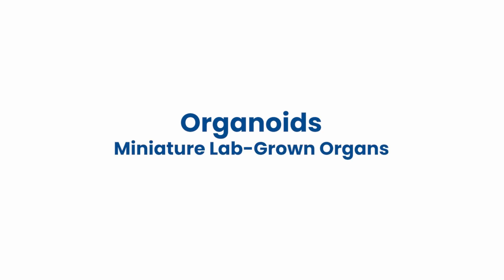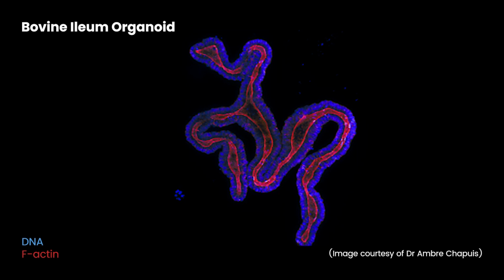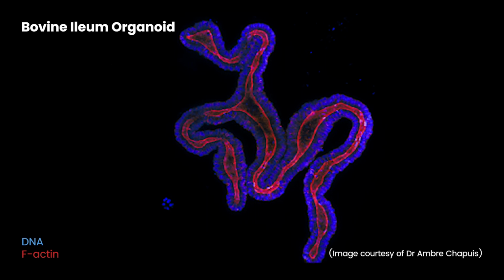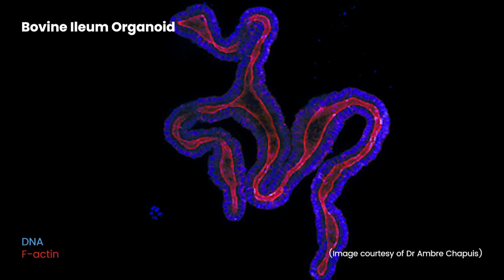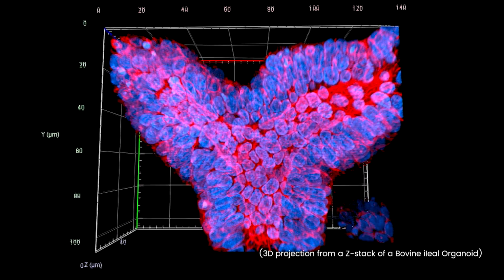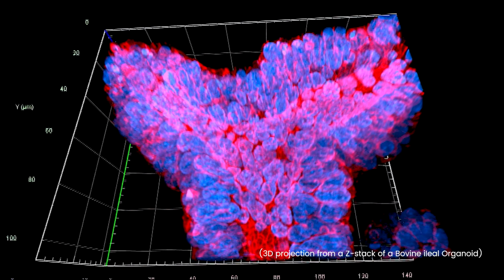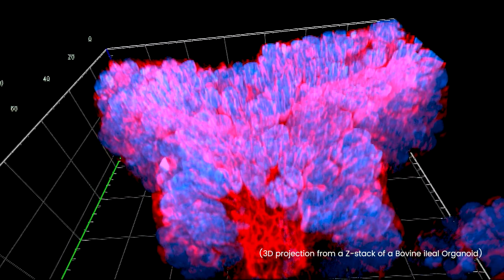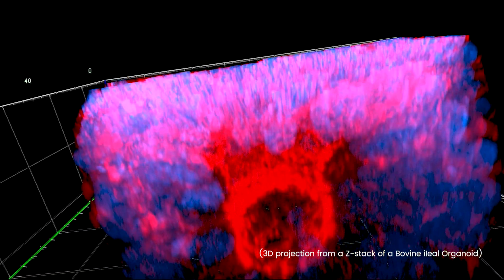Organoids are a pioneering technology in the medical, veterinary, and life sciences. The easiest way to think of an organoid is as a miniature version of an organ tissue that can be grown in the lab. The backbone of organoid biotechnology is the stem cell. Stem cells are a progenitor cell type that can be stimulated to differentiate into diverse cell types. In the correct growth conditions, stem cells can be made to differentiate into specific cell types that make up a particular tissue. Scientists can use this approach to facilitate the stem cell-derived growth of three-dimensional, multicellular, self-organizing cellular structures termed